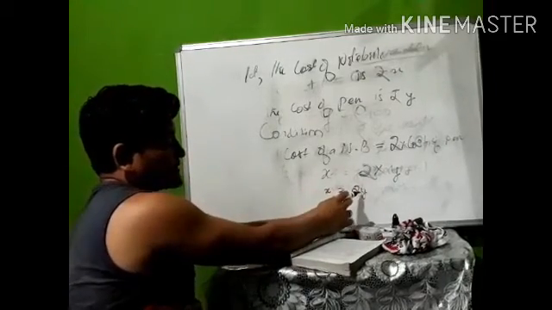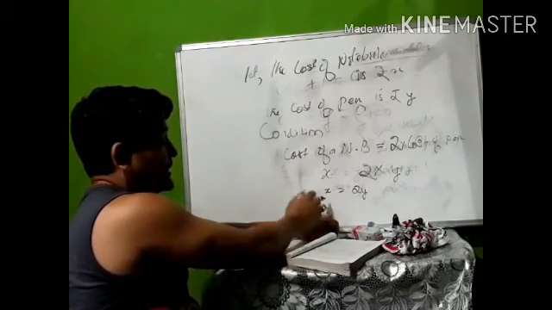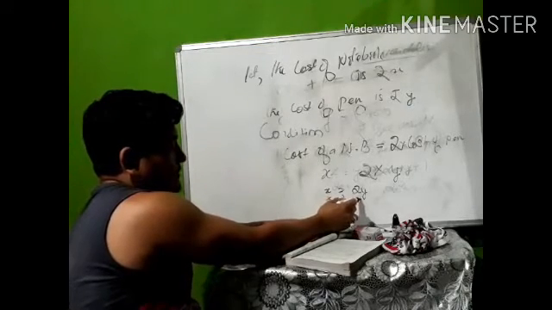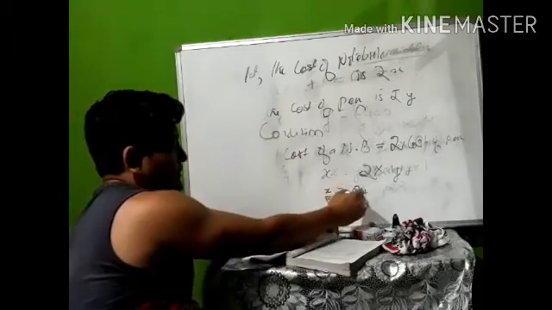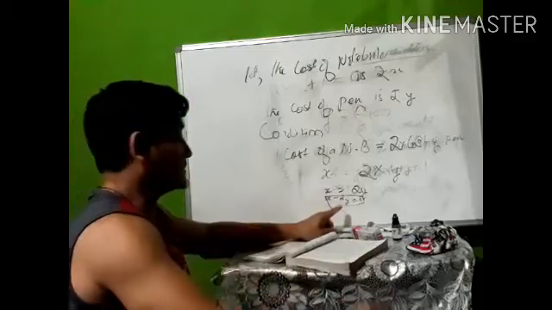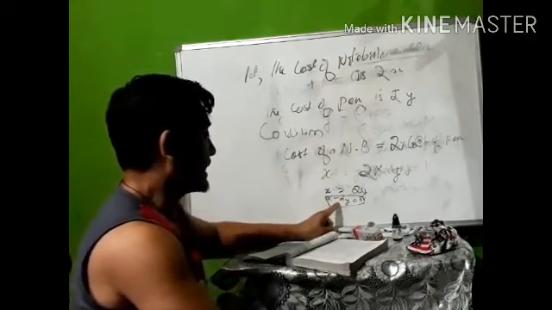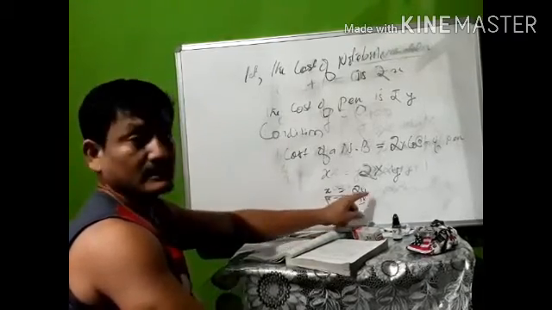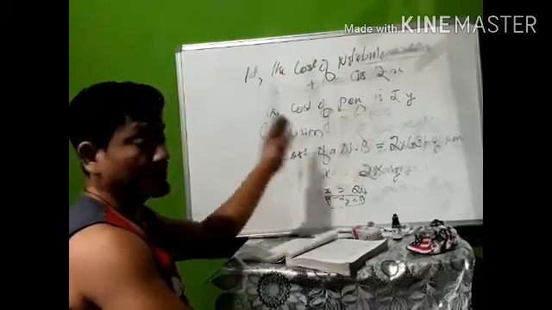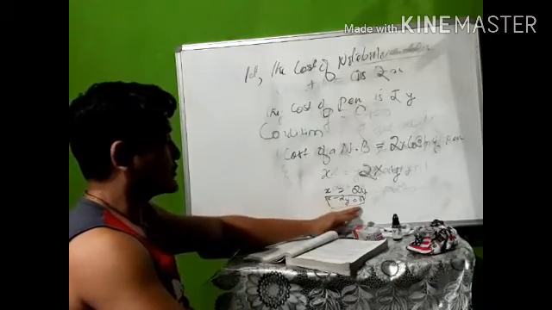Or you can rearrange the place of 2y and bring it to the other side, that is, the left hand side. So x minus 2y is equal to 0. I hope you all can see it properly. If you can't see it, I'll read out whatever I wrote on the board. So x minus 2y. Why minus? Because 2y is coming to the other side, so it is changing its place. When it jumps from one side to another, the sign is always changed. So x minus 2y is equal to.